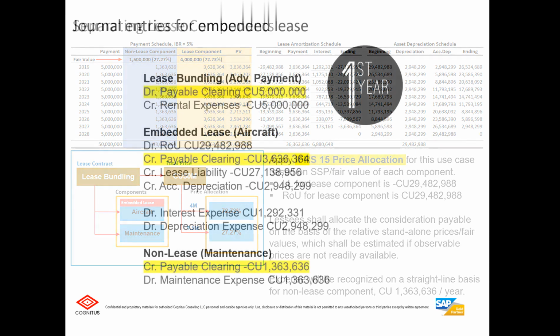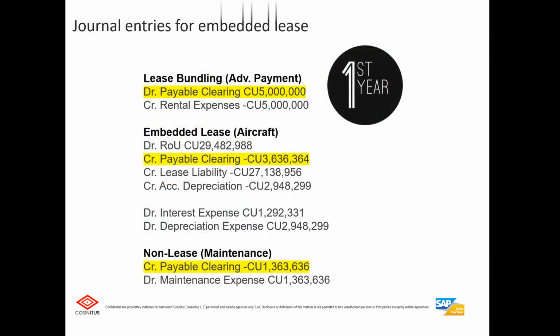So let's see the journal entry for the embedded lease in the next slide, for the first year of the contract. As for the lease bundle, which will be paid in advance, with payment at the beginning of the year, we shall debit payable clearing 5 million and credit rental expense 5 million. As for the embedded lease, which is the aircraft, we shall debit ROU asset 29,482,988, credit payable clearing 3,636,364, credit lease liability 27,138,956,